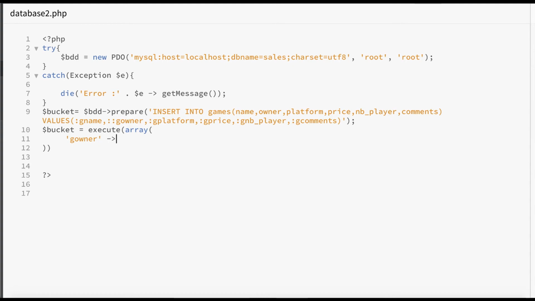To G owner I store the value taken from post from owner.